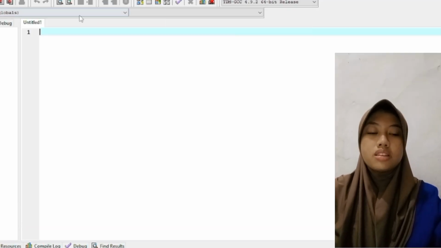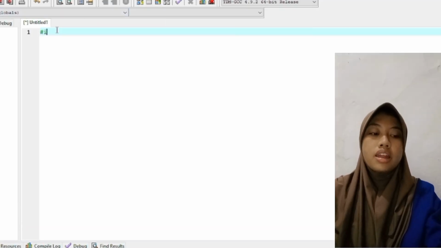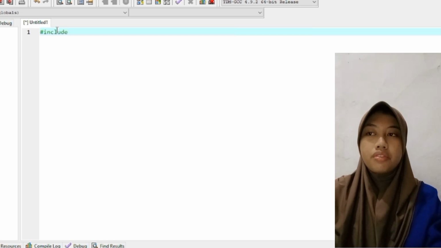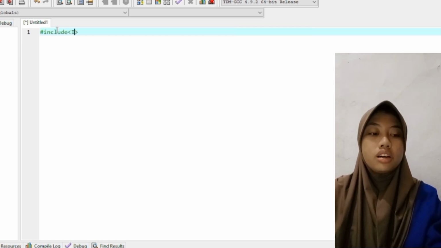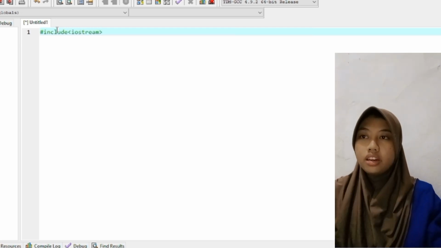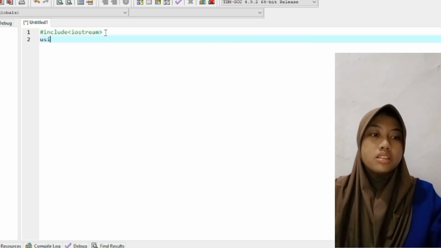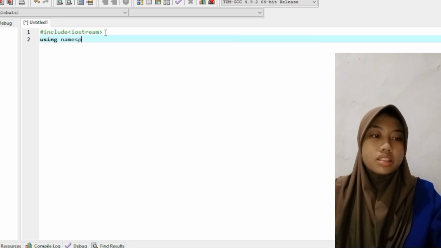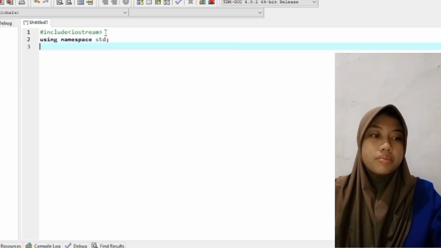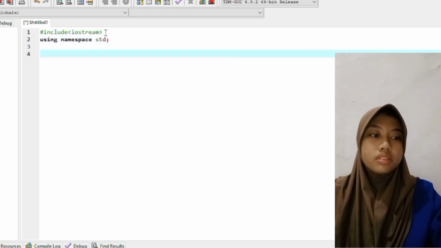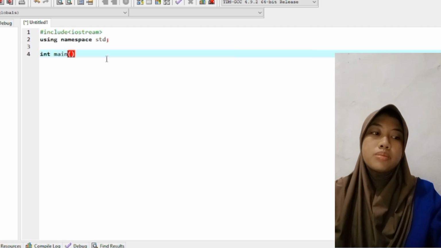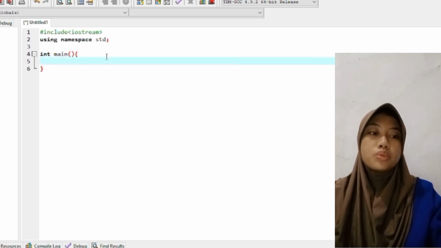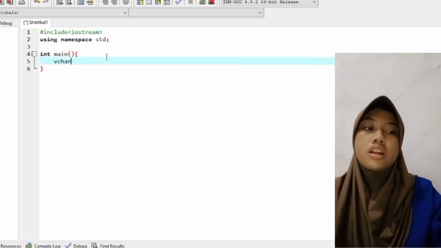The first step is installing libc++, and then open. After that, click on File, New, Source File, or Control N, and then this is using namespace std. The section is called Declaration, which tells the program to use the std namespace, which contains many standard functions and